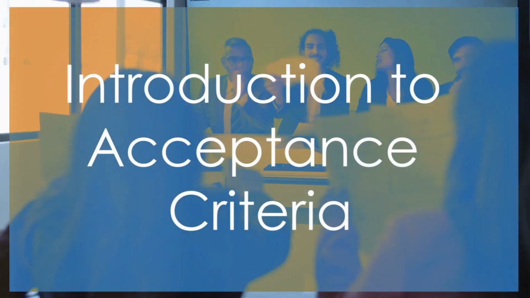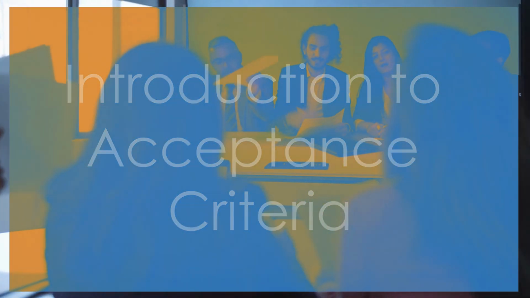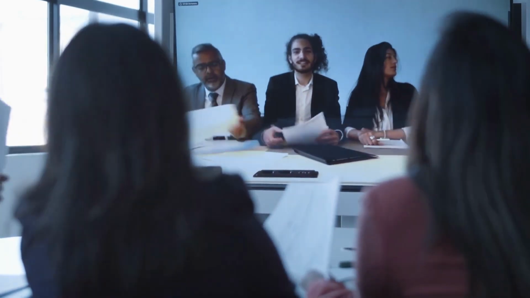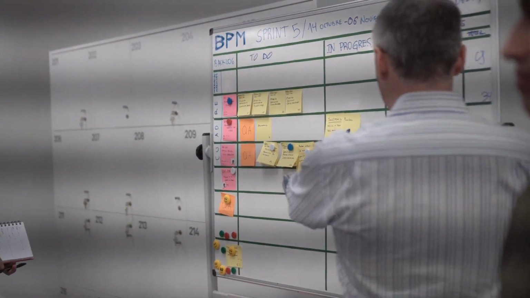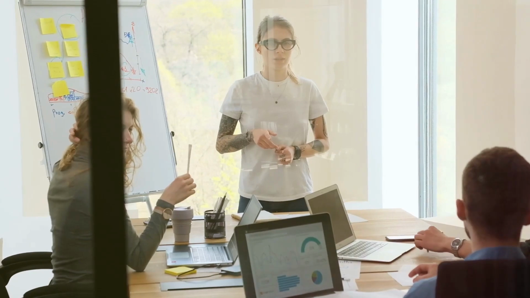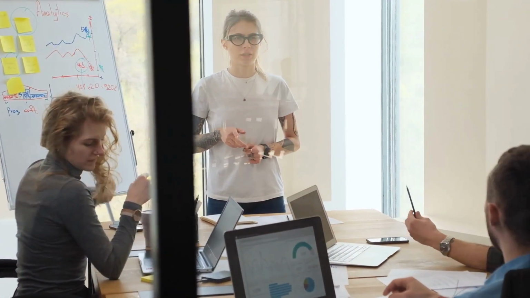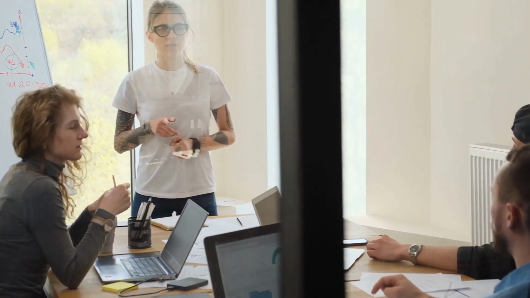Acceptance criteria are the specific conditions that a software product must meet to be considered acceptable by stakeholders. They define what done means for a user story or feature. Clear acceptance criteria are crucial in project management as they ensure that everyone involved has a shared understanding of what